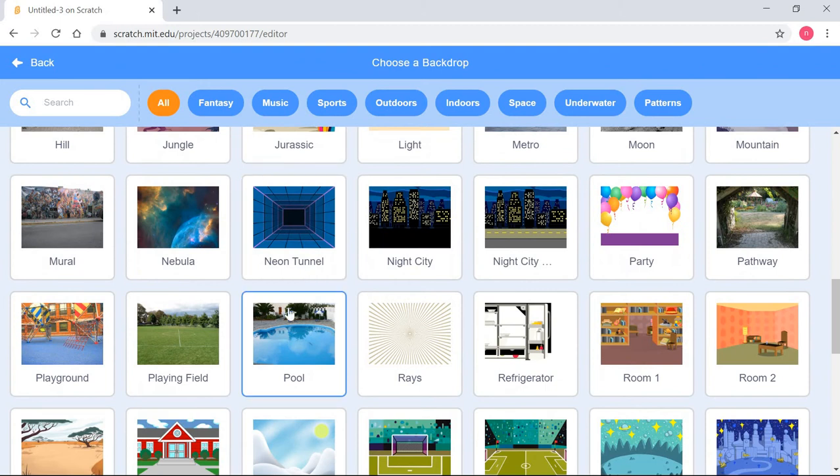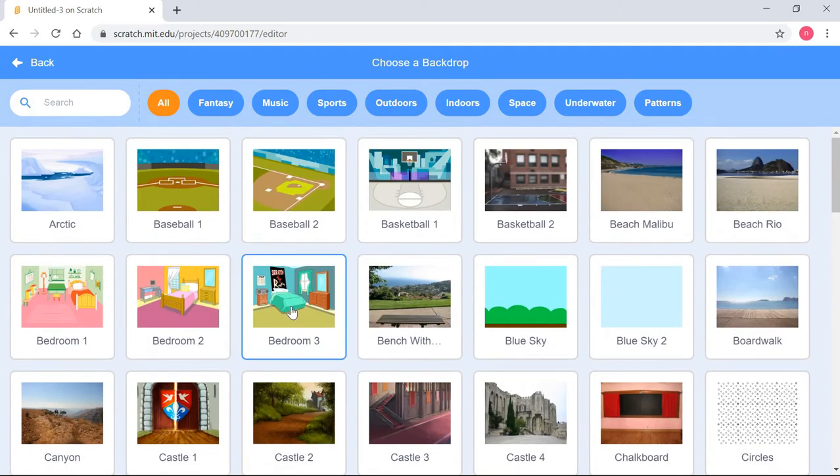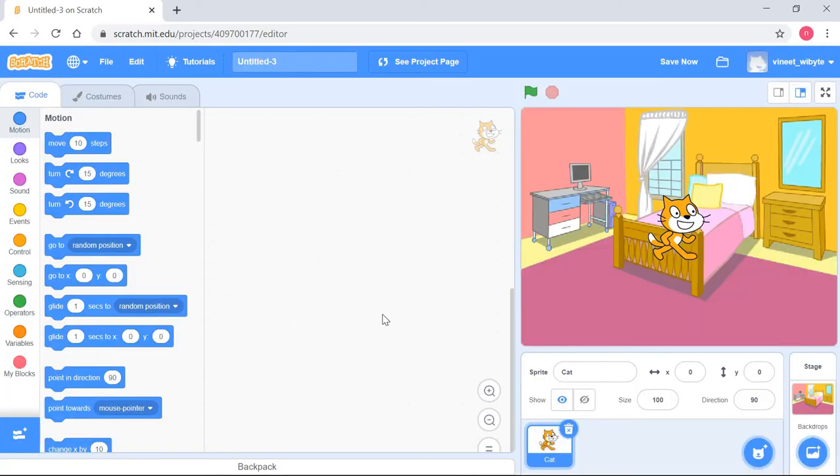For instance, let's say, okay, look, my cat should probably live in maybe a bedroom, right? So all I have to do is to come here and click this bedroom, and you see what happens, right? Immediately you notice in this stage area, I have got a small bedroom icon. More importantly, my cat is now